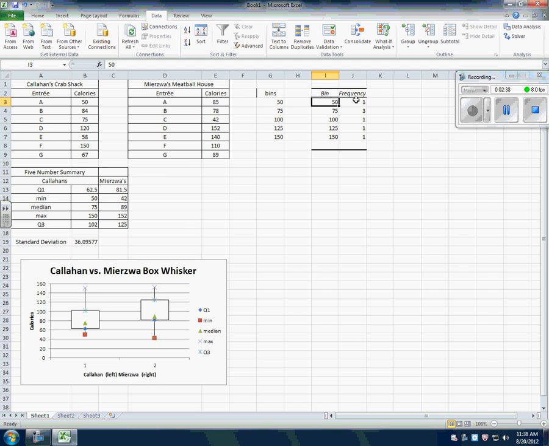Now, what's important to do here is you got to go rename your bins. So you have to put an apostrophe first, and then your values. So this one was actually 25 up to 50. That means this one would be 50 up to 75. This one is 75 up to 100, and you got to put the apostrophes first. Okay. Now, once you have all those in there,